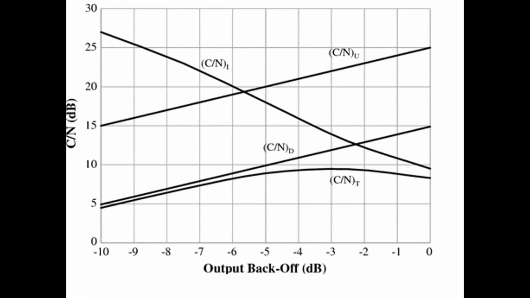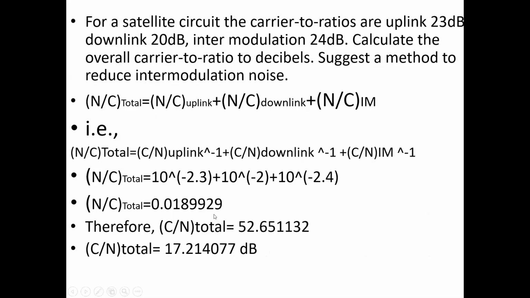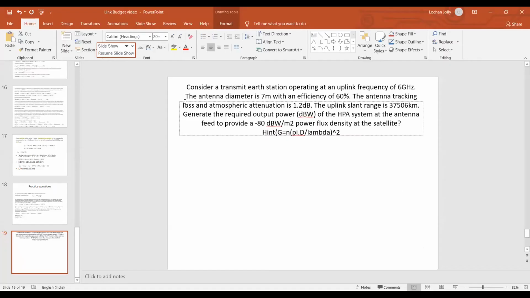And after that, we did one problem where we could find out the total signal to noise ratio and represent it in dBs. Representing it in dBs is 10 log of the value in normal scale. But it's a mistake, it's in square brackets because I'm representing it in dBs. Is it clear? Yes? Okay.